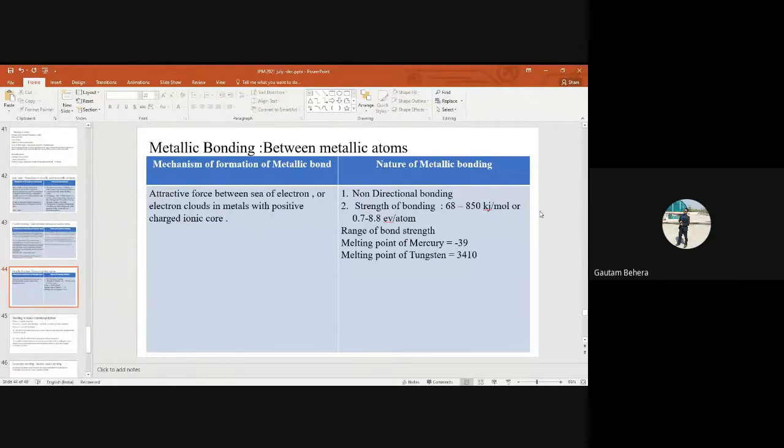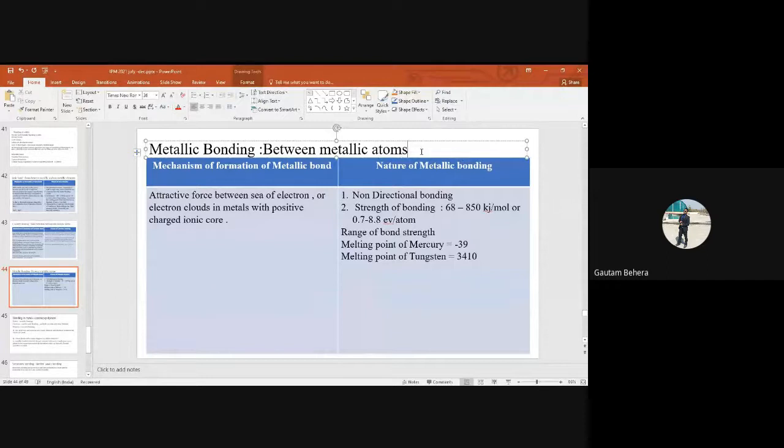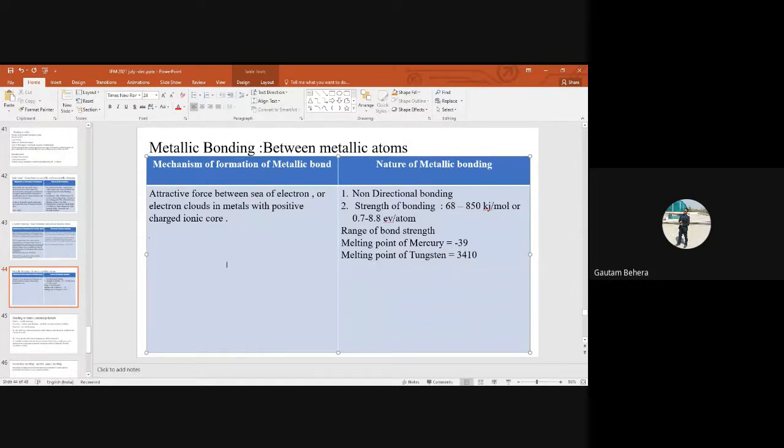Then metallic bonding. Metallic bonding is very important because since we are metallurgists, we consider metals and alloys much. We mainly deal with metals and alloys, right? So metallic bonding basically forms between metallic atoms. There will be no non-metallic atoms, basically metallic atoms. Fine. So you understand, in metals we have positively charged ion cores. You can consider that as the nucleus, right? And surrounding them we have a sea of electrons, or clouds of electrons. The valence electrons are free to move. They can form electron clouds or an electron sea. They can flow, right? That is not a localized electron, right?